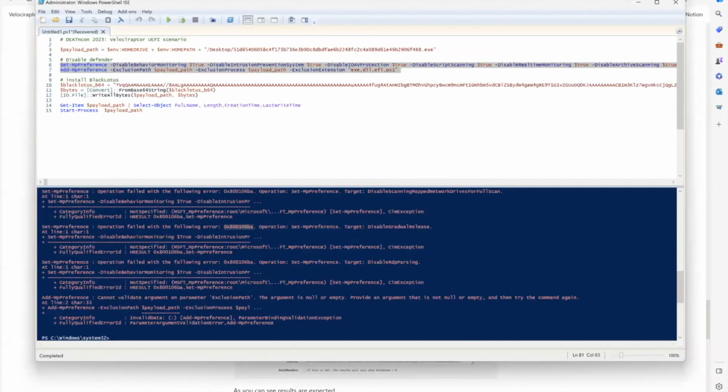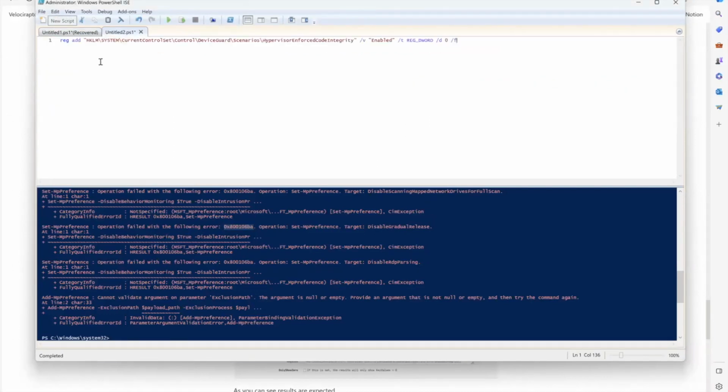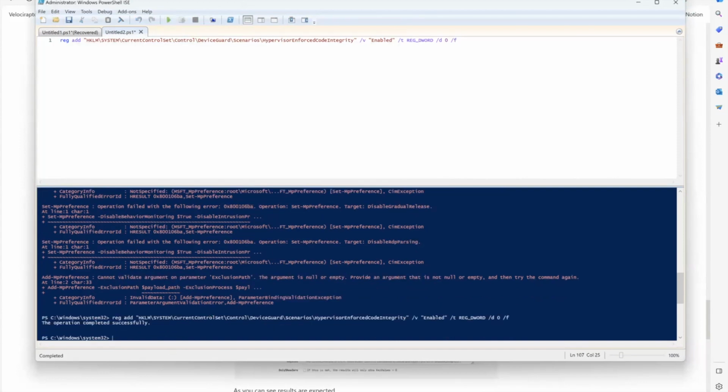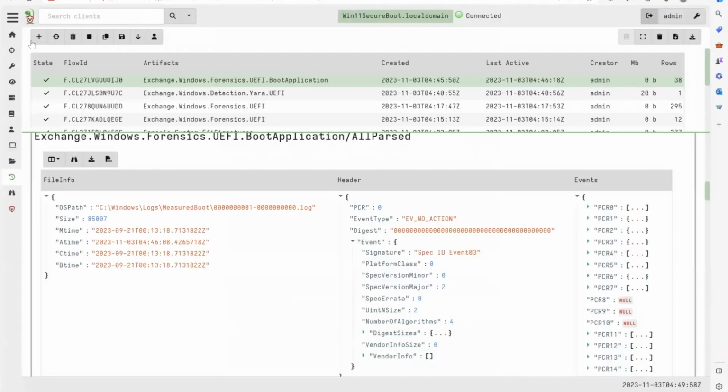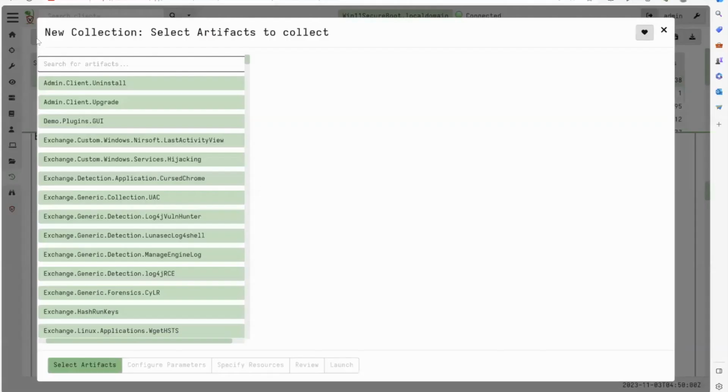So if I jump in and create a new PowerShell, you can see all we're doing is just adding the registry key for this, just to test the detection, nothing really flash. But this is often how I do detection use cases, right? Often you might find something in IR and you're very quick to do detection. But if you don't have an IR, or if you're just doing lab work, you do need to generate data. So now we've generated the data,